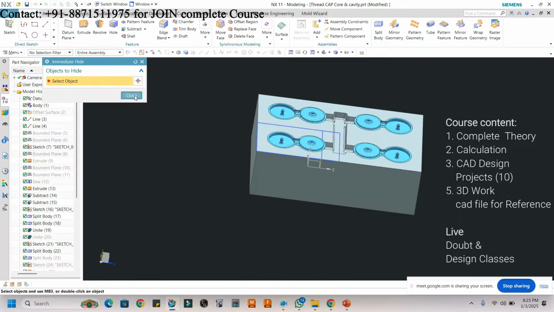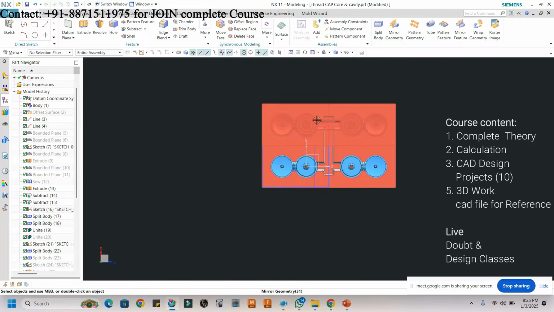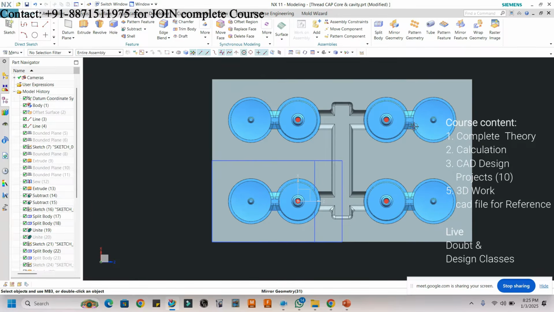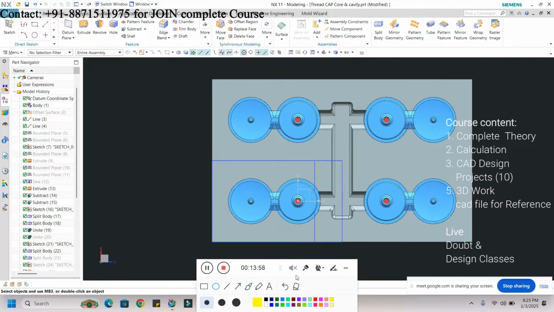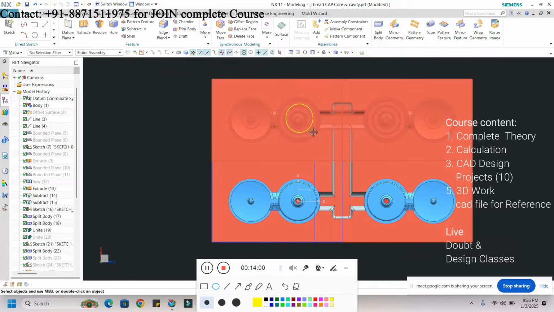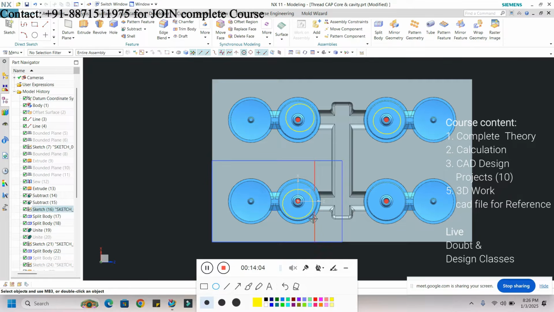Okay. Now if we talk about the selection of the gears, basically here you can see that this is the 4 component. So basically we have to place 4 shafts here, right? So here is the 1st shaft, for example. Here will be the 2nd shaft, here will be the 3rd, and here will be the 4th shaft, right?